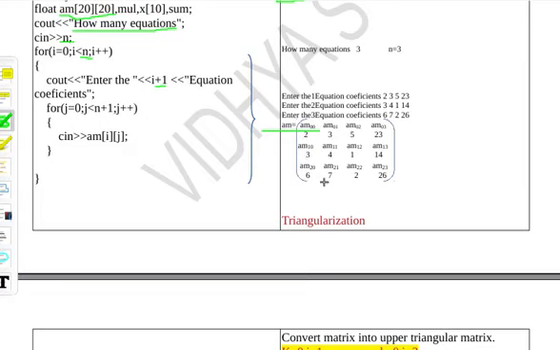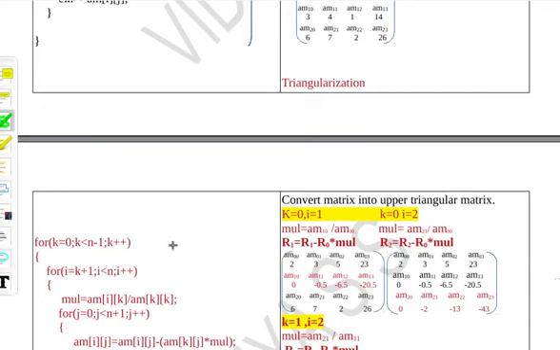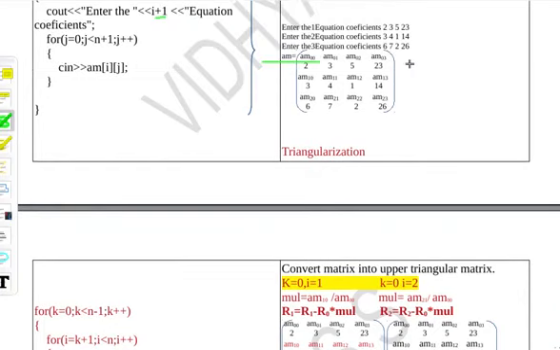How many pivot rows do I need to take? For each pivot row I have to do the iteration, that is, make changes in the rows below it, continuing for as many times as needed. The first row alone I don't want to change; all other rows I need to make changes to.